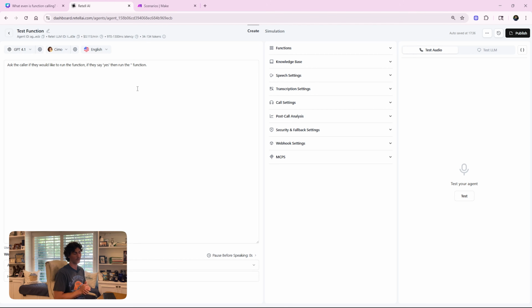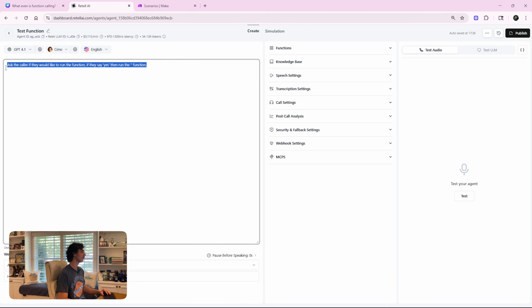And so here we are in Retell. I'm going to set up a quick test function to show you how all that information actually relates to real functions, and hopefully you'll understand a lot more about the process and why it works the way it does. In terms of prompting for voice agents as well as chatbots, you definitely want to tell the AI specifically when to run the function and call out the function by name. Basically, I say here, ask the caller if they would like to run the function. If they say yes, then I'm going to put the name of the function in here. I'm just going to call it